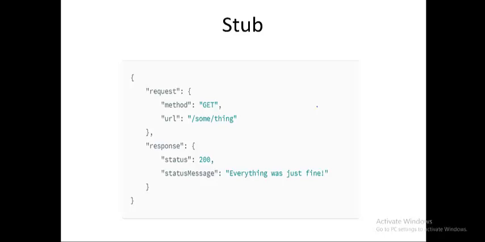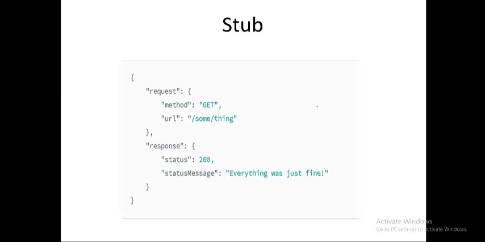You should still find a server. For example, if WireMock is running on my local machine, localhost is the host name, the server. Server name followed by your path makes a complete URI. When I reach that endpoint, I'm expecting a response saying the status code is 200 and the status message says everything was just fine. This is the agreement that happened between the developer and myself, and whoever else is required in that business for that matter. So we created this stub and placed it in the WireMock repository.